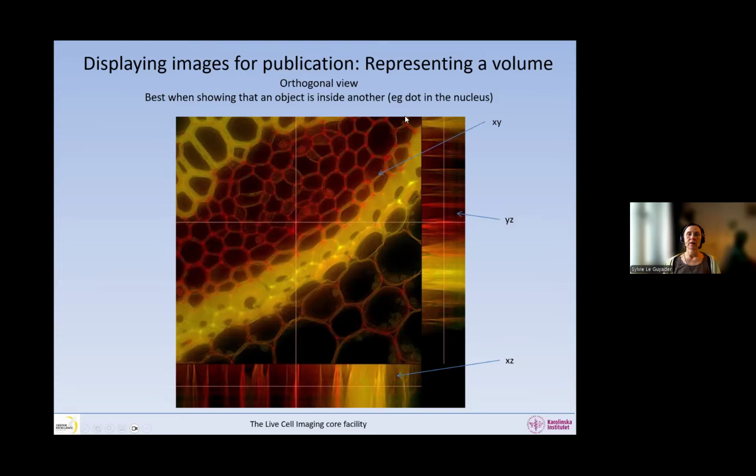One of the classic ways of representing a volume is the orthogonal view. And it is really best when you want to show that an object is inside another. So in this image here, the center part of the image, we are representing an XY view. So this is a plane, basically, in your Z stack. So one plane of your Z stack.